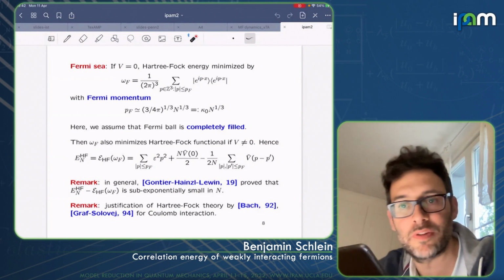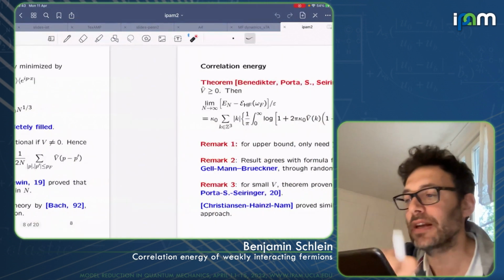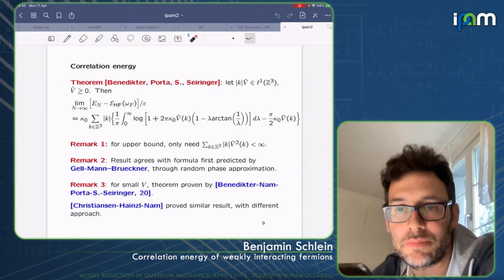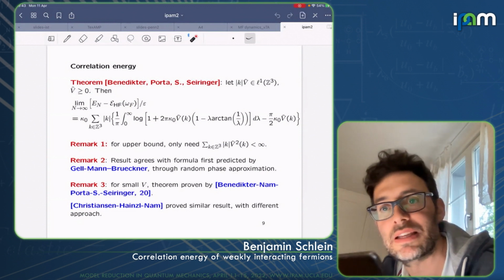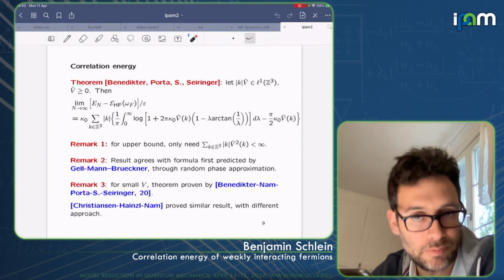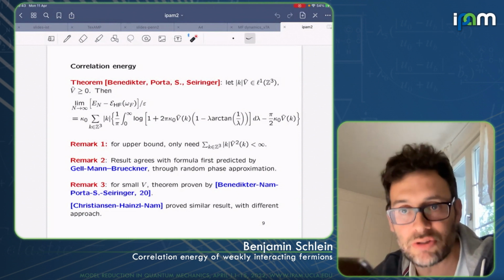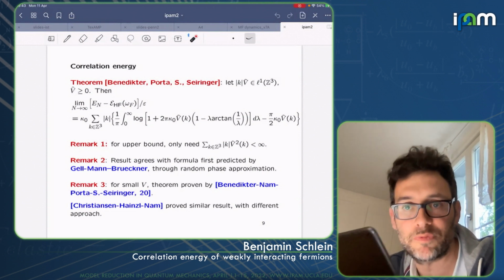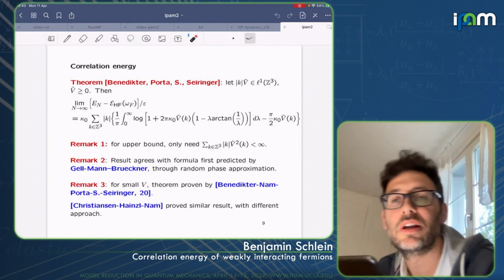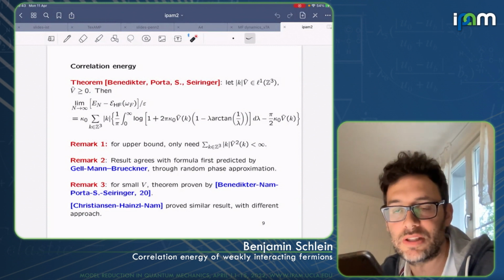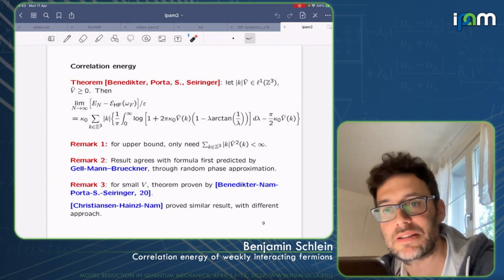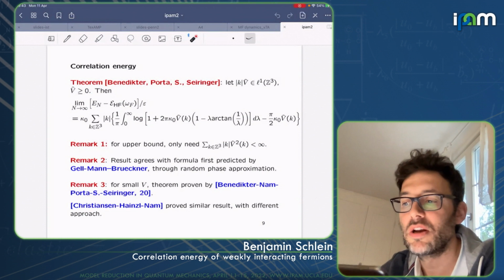So now let's come back to the many-body theory. The question that I would like to address here is how good an approximation is Hartree-Fock theory, and what is the next order correction? Volker told us in many situations Hartree-Fock is a good approximation for the many-body theory. It is certainly a very good approximation also in the cases that we're considering here. But our question is, what can we say about the next order correction, which is known as